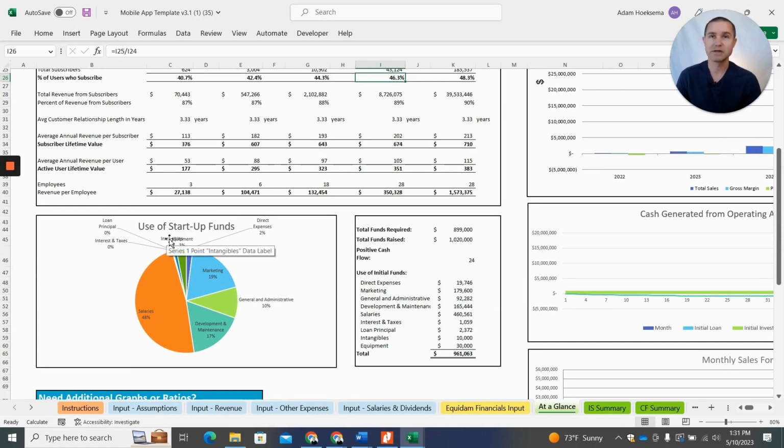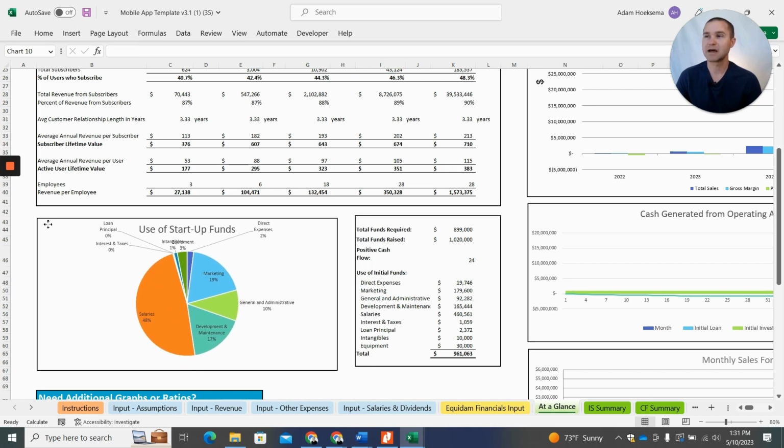And so what we typically tell clients is just, if you're working in Google Sheets and it's important to work in Google Sheets, just delete this graph. It's probably not worth it. But if it looks like it's broken, and you don't want to send that to potential investors and lenders, then probably the easiest thing to do is just delete it. Now, the graph is really just a visual representation of this table right here. So if you have the table working, just use this table in its place, and that should be fine for